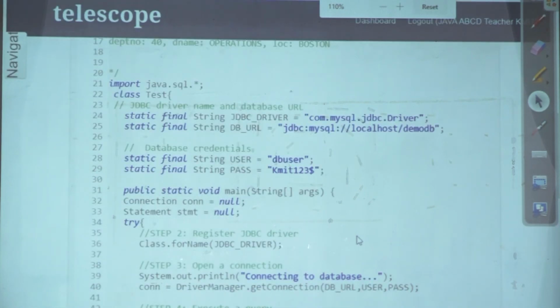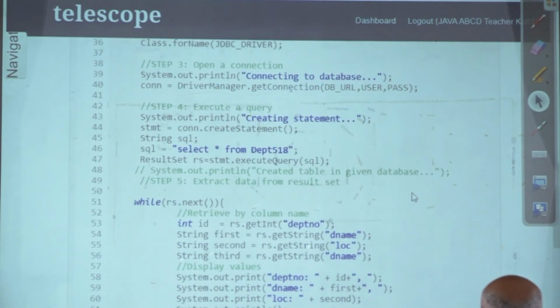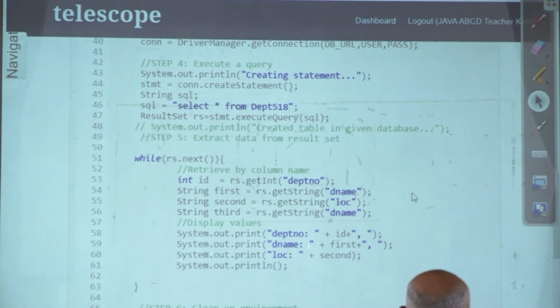Here is the thing which we were expecting you to do. If you follow from line 46, select star from DEPT 518. I think that person's table is DEPT 518, so he is retrieving from that table. On line 47, result set rs is equal to statement.execute query. So he is executing a query using that SQL statement on the statement object, which is connected to the same database, same table, everything. And then that important loop starts on line 51, while rs.next, id is equal to the first field, second field, third field,